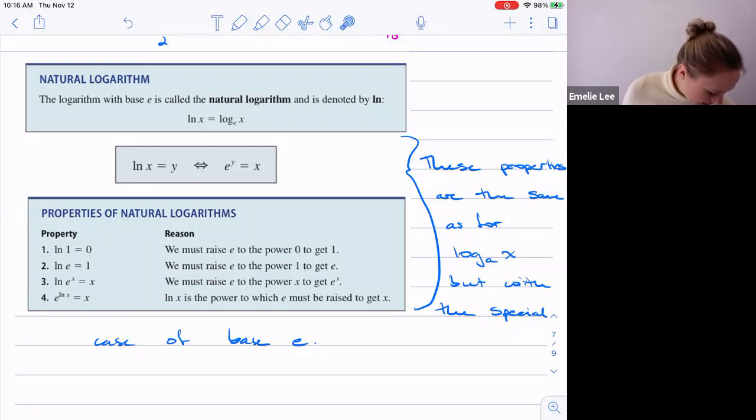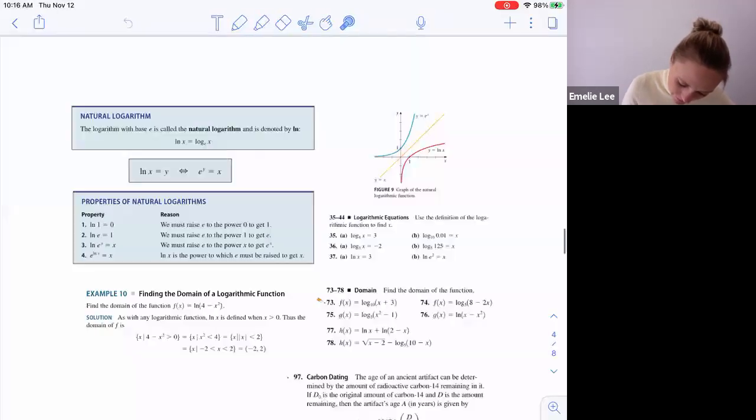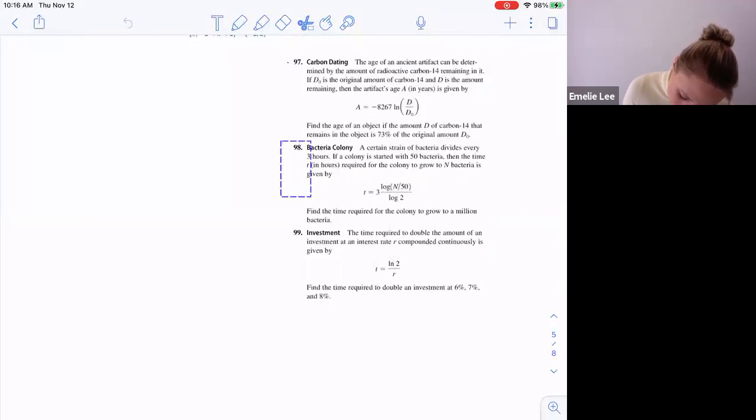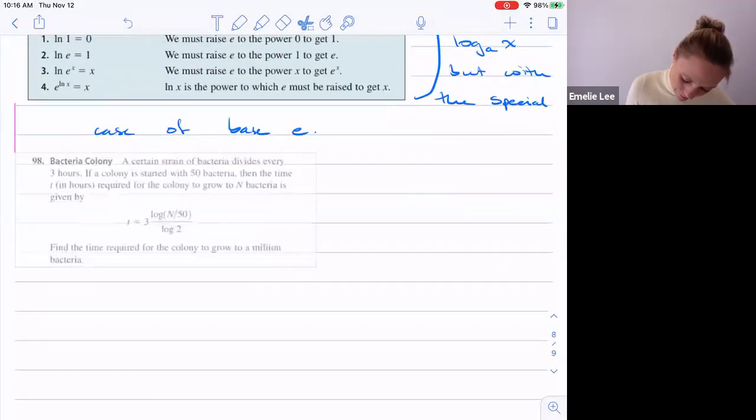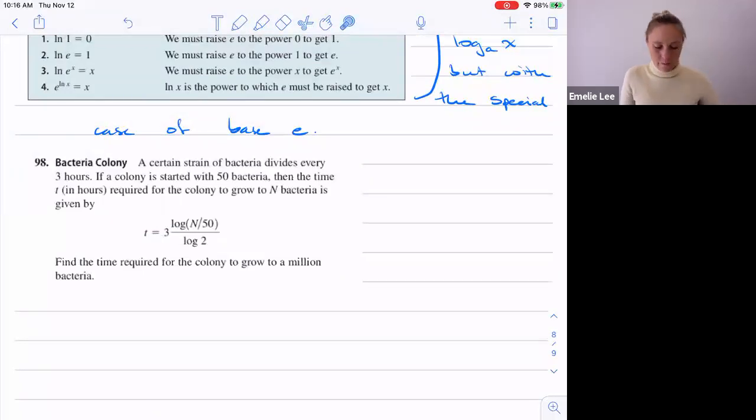Let's see here. I wanted to do this one. The others are very similar. So a certain strain of bacteria divides every 3 hours. Okay? If a colony is started with 50 bacteria, then the time t in hours required for the colony to grow to capital N bacteria is given by, okay, so t is the time that it takes, is 3